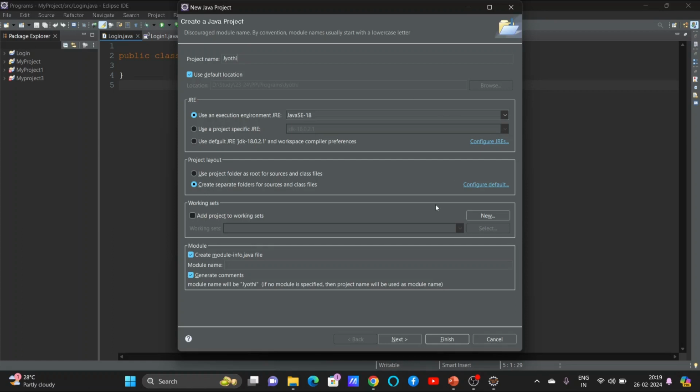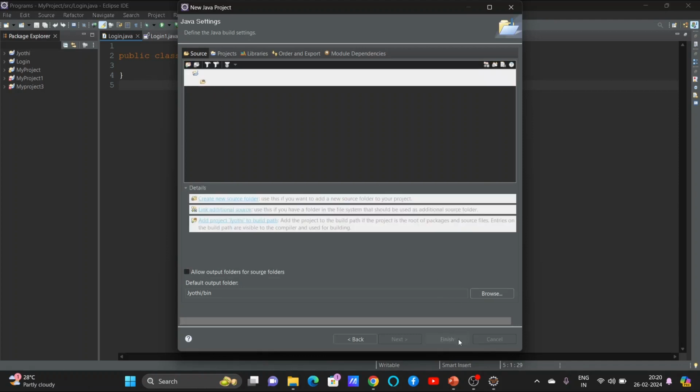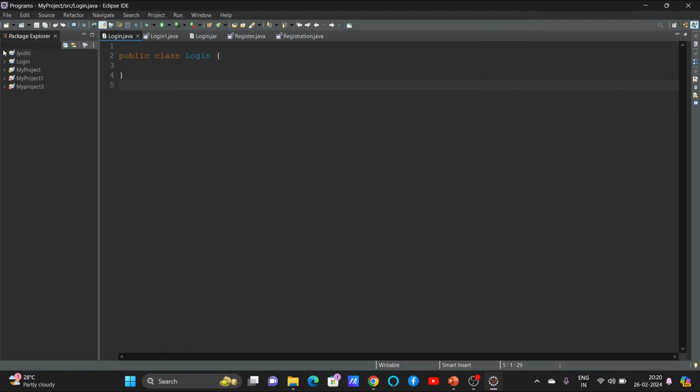Okay, so I have given my project name as my name. Then next, it will be creating one src folder where all your Java files you have to store by default. Okay, this is called a source folder. Now click finish. Now you can see here in the already list of projects available, the recently created project has been added, which is Jyoti. And if you